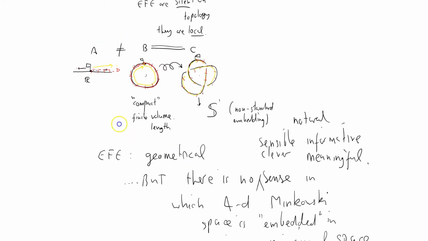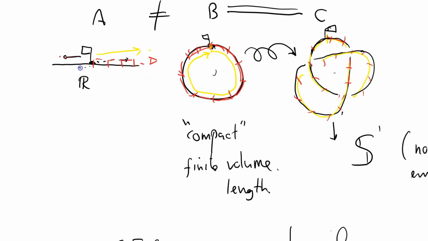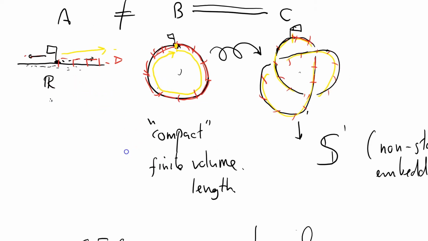And I made the observation that if you're a little ant trapped on this line here, you could tell whether you're on the reals or a circle, just by making observations about the amount of space that you've got available, but you couldn't distinguish a circle from a knot, which is a non-standard embedding. And then I had a bit of a rant about how